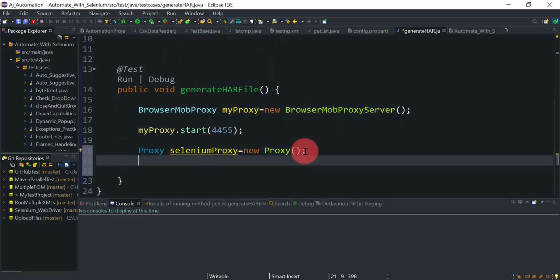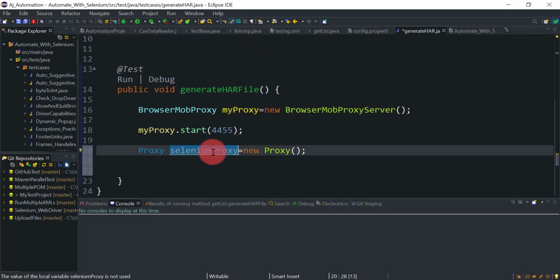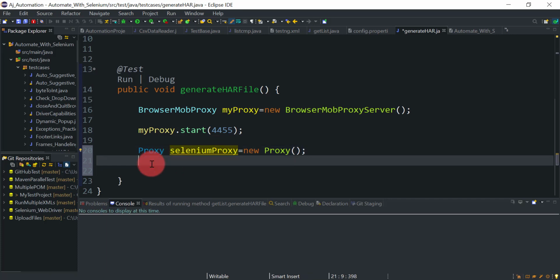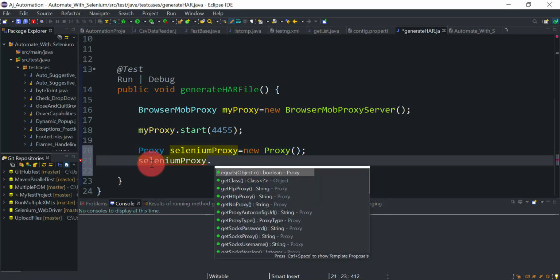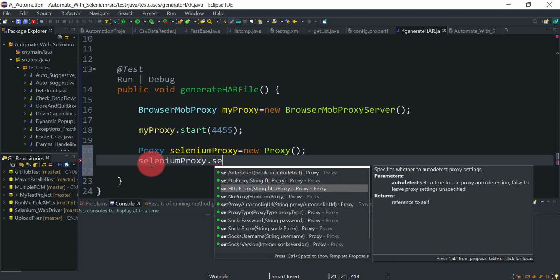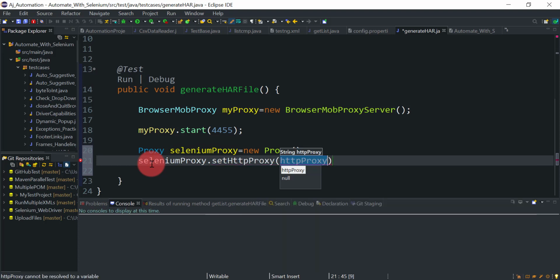Using this reference we can now set our SSL and HTTP proxies. Dot setHttpProxy here, and inside the brackets we need to provide where your proxy is running. My proxy is running on my local machine, so localhost colon, and the port number where my BrowserMob proxy has started. So I will have to get that port as well.